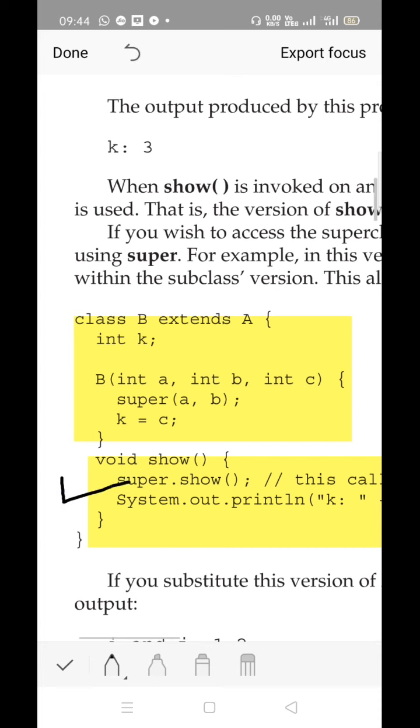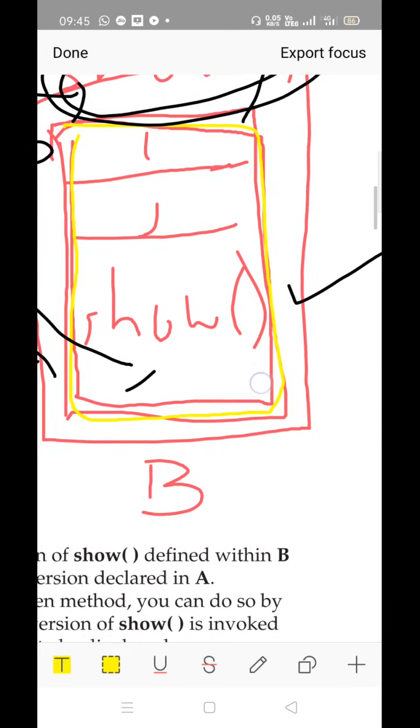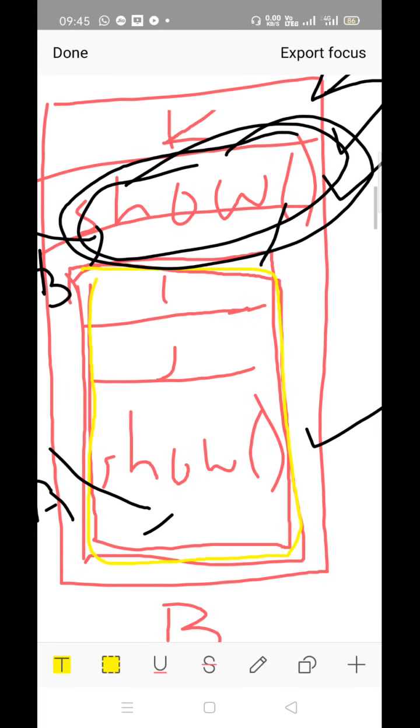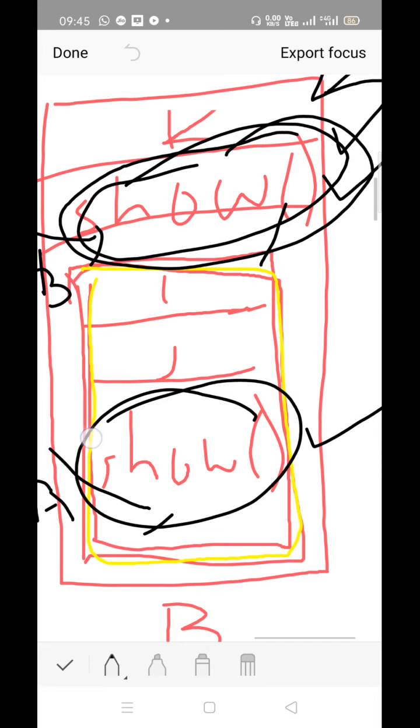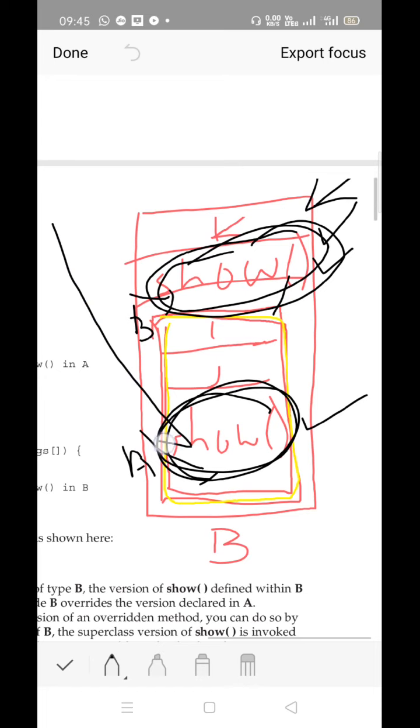That means this show function, the child class version of the show function, itself makes a call for the superclass version of the show function. What is the superclass version of the show function? Observe the content. So this will be the superclass version of the show function. So the child class object we have created, that is sub OB, will make an explicit call with the help of the keyword super, right? The superclass version of the show function.